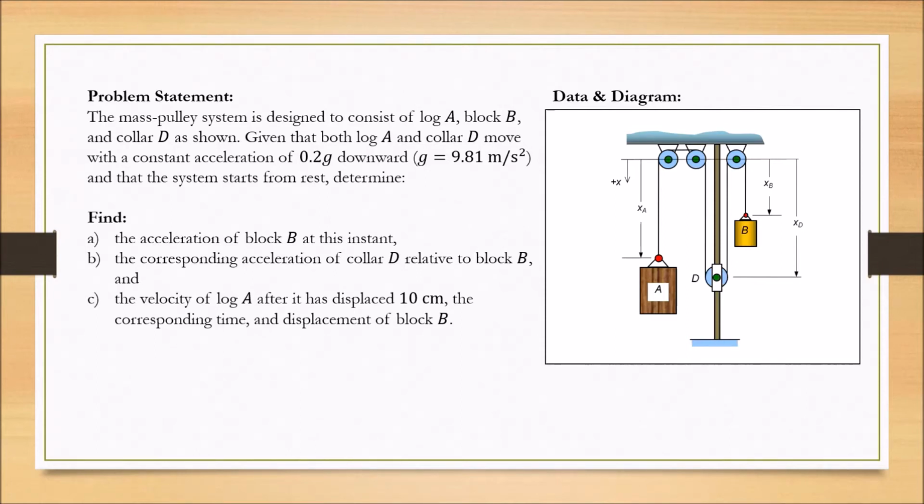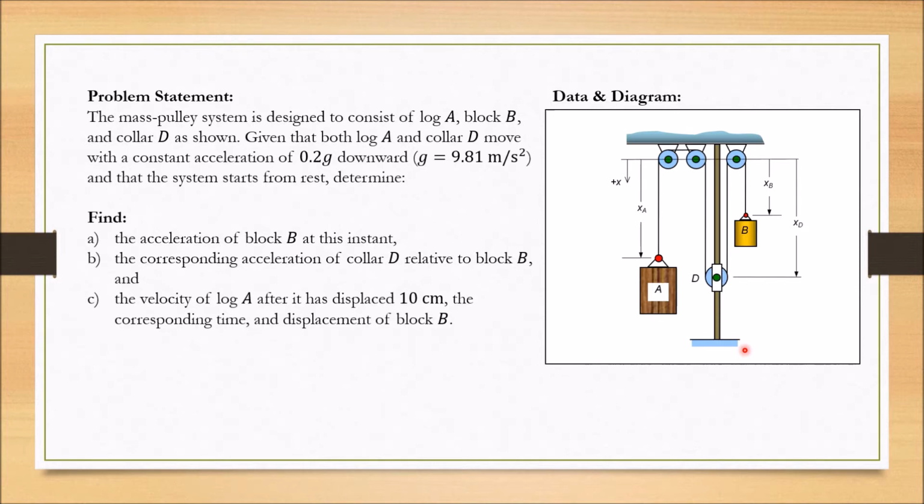This is a problem of dependent motion system, a mass-pulley system. The system consists of log A, block B, and collar D, as shown in the figure. Given that both log A and collar D move with a constant acceleration of 0.2 g downward, where g is 9.81 meters per second squared, and that the system starts from rest, determine A, the acceleration of block B at